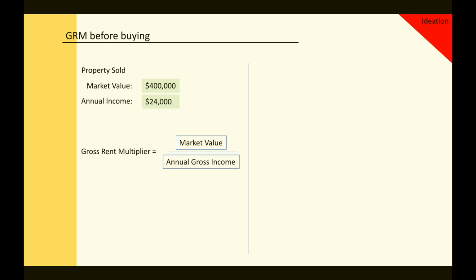So let's say you find a property worth $400,000, sold in the recent past, and when you search on the internet to find the rental for it or something similar, you identify that it's generating about $24,000 a year in rent. Now that's $2,000 per month. So you've identified all of that, and now you need to figure out what the gross rent multiplier is. You take the market value and divide it by the annual income. So 400,000 divided by 24,000,